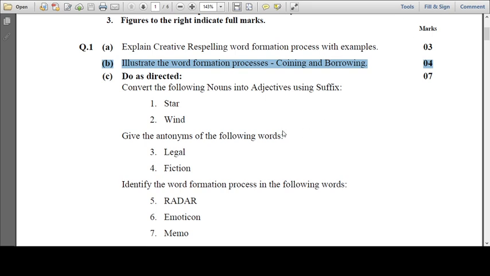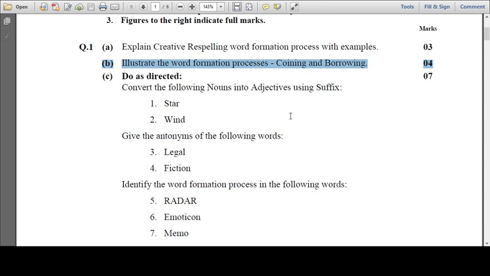Now if you see the examples of borrowing, borrowing is also one of the word formation processes, where a word is taken from another language. The borrowed words are called loan words. A loan word is a word directly taken into one language from another, with little or sometimes no translation. By contrast, calque or loan translation is a related concept,